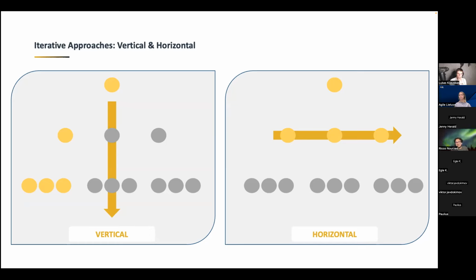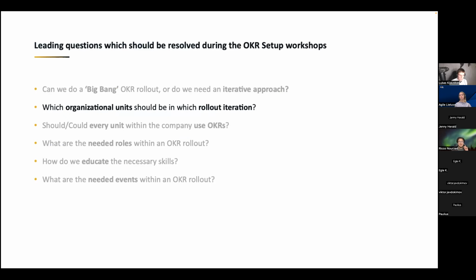But there could also be the idea of rolling out OKRs horizontally. So starting in the first two layers of your hierarchy. This often makes sense if there is a huge disconnect of the different departments and if you have a lot of silos. Then it makes sense to start with the rollout on the first two hierarchy levels and then extend it by another hierarchy level. So that would be the horizontal rollout. Just so that you have also seen this once.